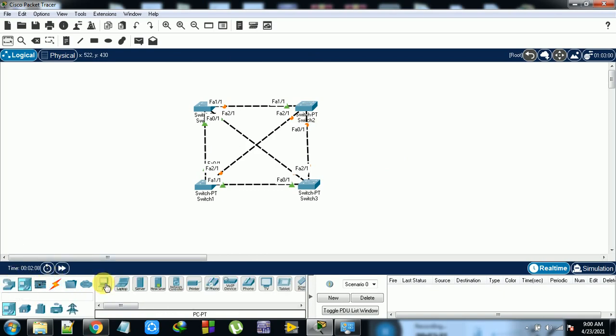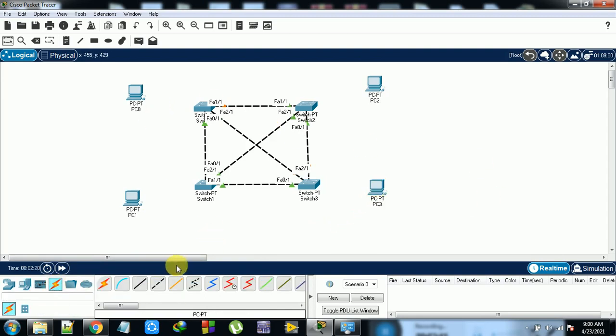First I am taking some devices, whether PCs or laptops, that is your wish. Four devices I am going to connect here. The cross connection is not required, direct straight connections you need to do.